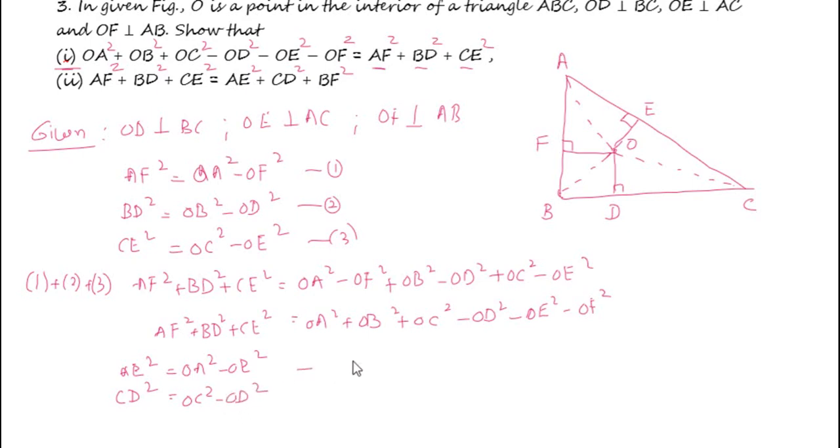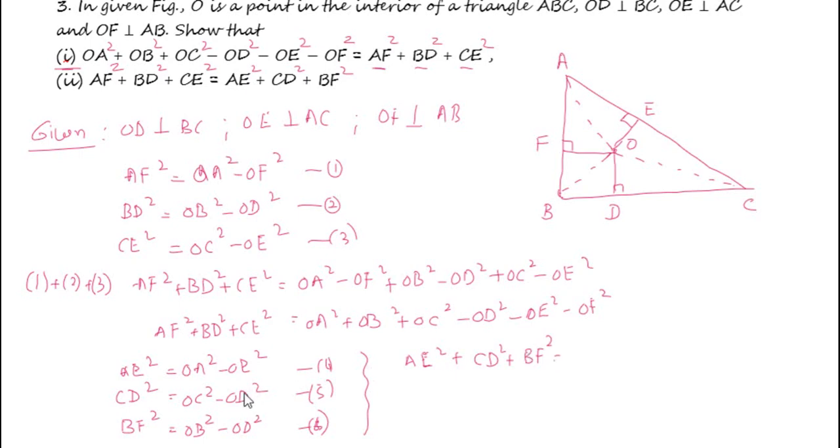We will take this as 4, this as 5, and then here BF square. BF square is OB square minus OF square. This is 4, 5, this is 6. If you add all these three, then you get AE square plus CD square plus BF square